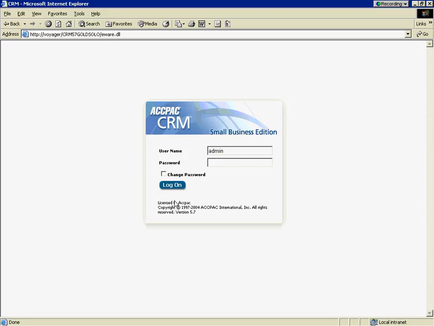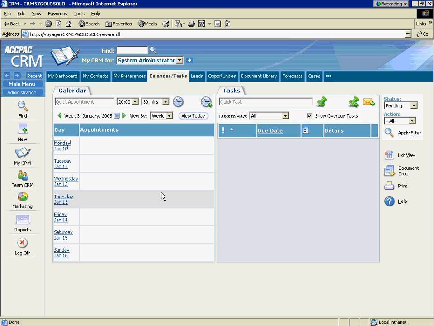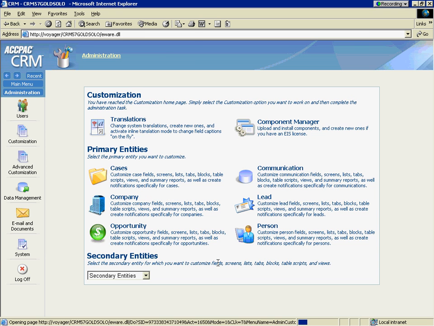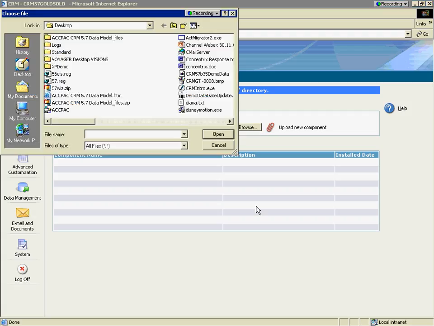We log into our CRM version 5.7 system as administrator. And in order to install the wizard, you go into the administration area, select the customization option, select the component manager option, and we need to go ahead and install the wizard. We browse and select the 5.7 wizard zip file,